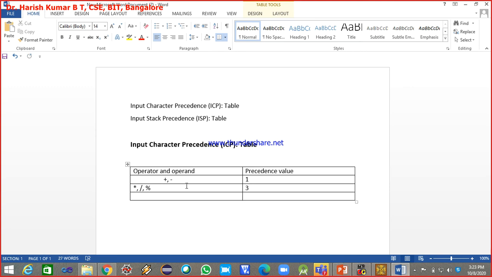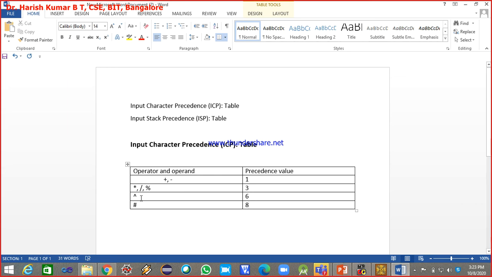Next, for exponentiation, the caret symbol which I was mentioning, I'll assign the precedence value 6. Then I'll write the hash symbol. For this it is 8.